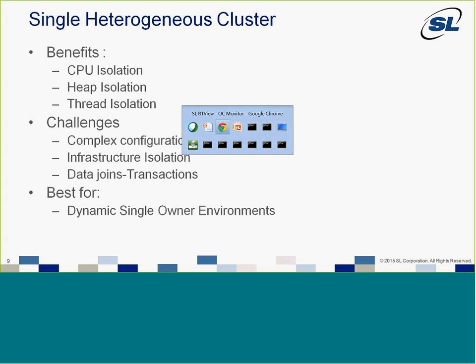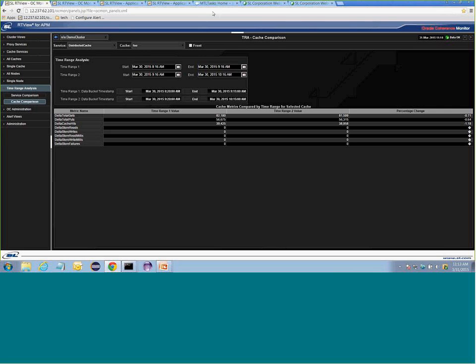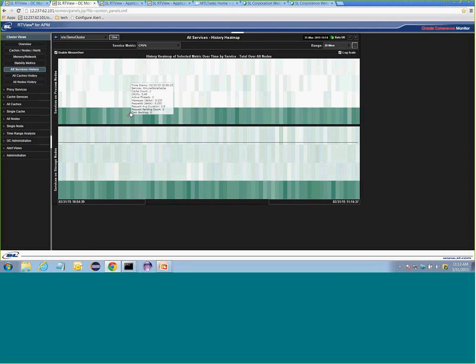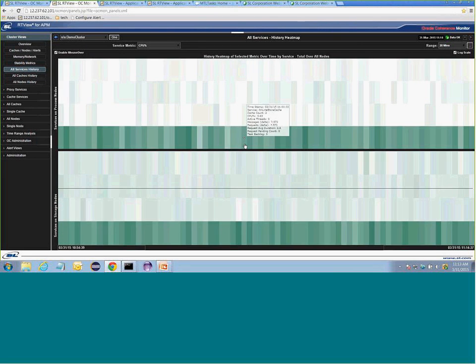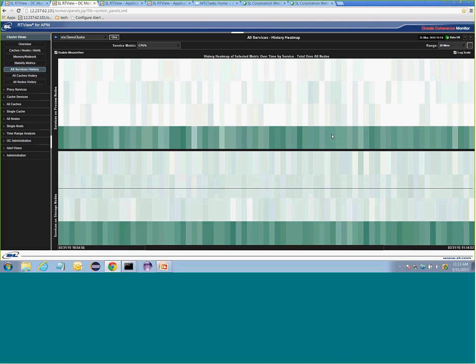Now, one thing we wanted to look at is the CPU isolation screen within the monitor. What the CPU isolation screen does is look at every service in your cluster and how it is impacting the CPUs that are actually being burned across these items. The way this is read is each column is a sample of data for the CPU, and each row is a service.